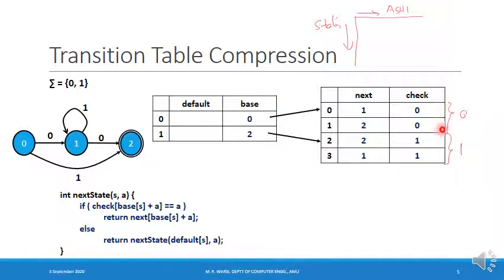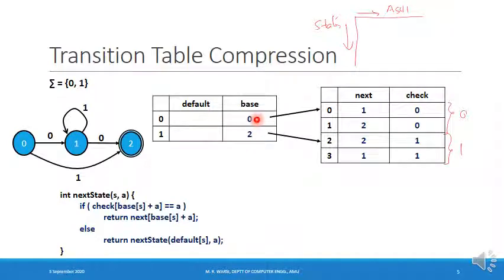This is the block which is assigned to the state number 0. The base location of this is 0, so the 0 is stored over here. This is the block which is assigned to the state number 1, and what is the base location for this? The base location for this is 2, so 2 is stored over here. Whatever is the base location, if I add the input symbol, I'll come to know at what place the transition is there for that input symbol.